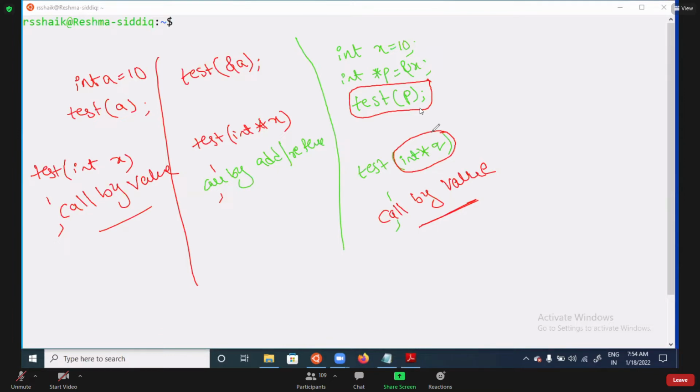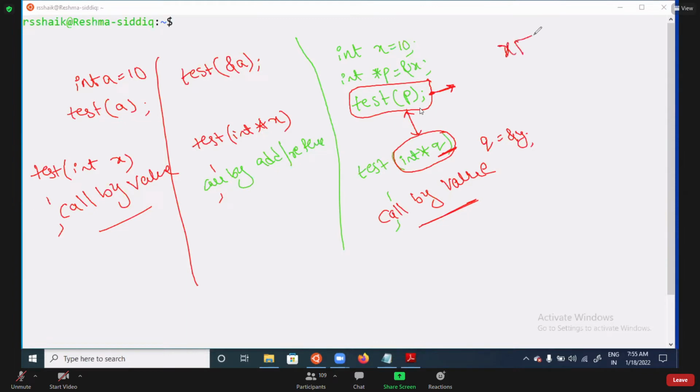Now tell me, if I modify this formal value q equal to address of y, will it modify this p value? Can you tell me? Try to analyze here.